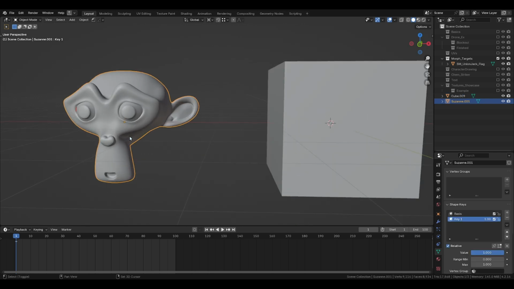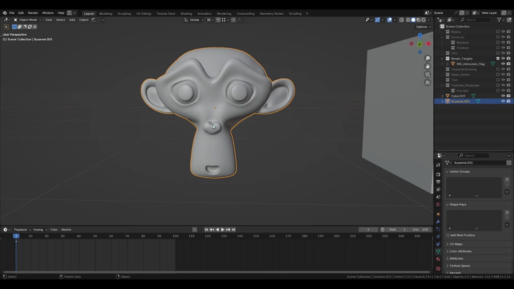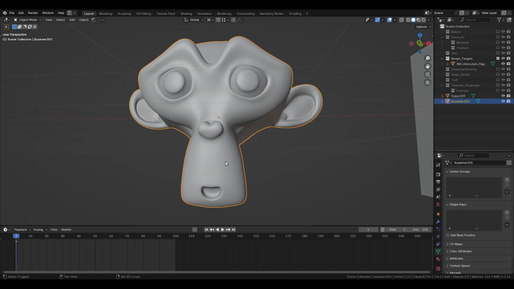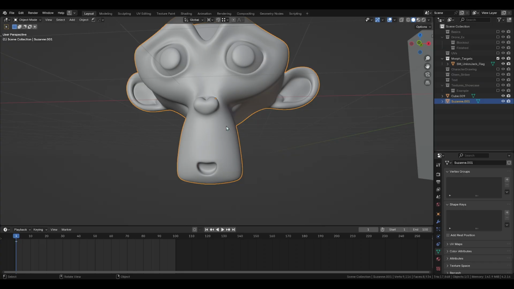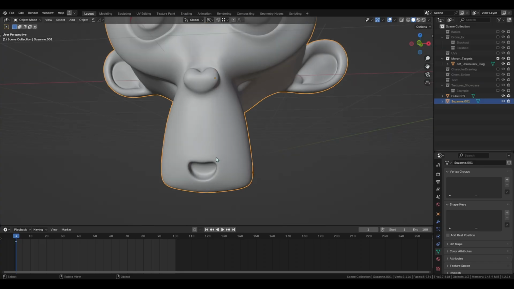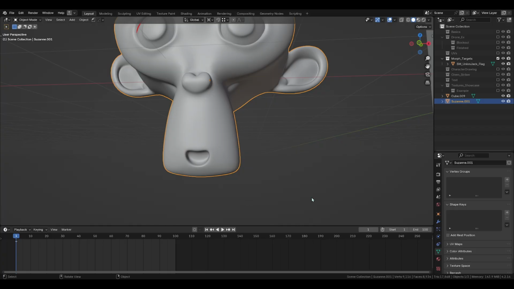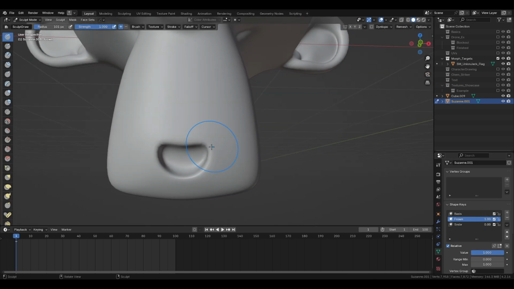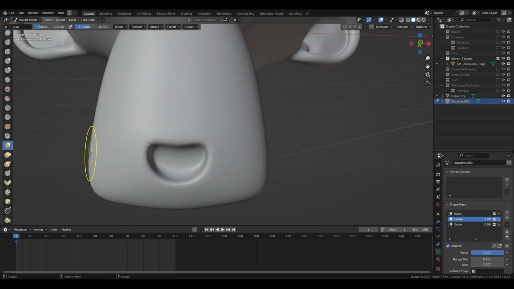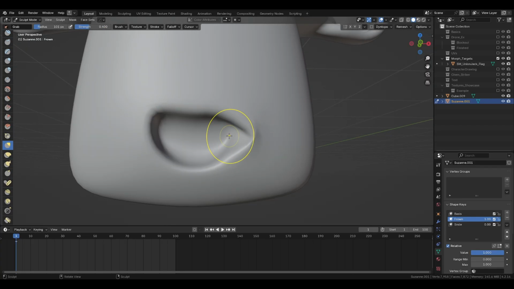But as an example, I'll use this monkey and have him frown, or I'll make him smile real happily, or I can do both actually. I'll do both. So I'll create a few shape keys here, and we can name this frown and smile. I'll have frown selected, and I can come in here into sculpt mode, go to grab, and just bring